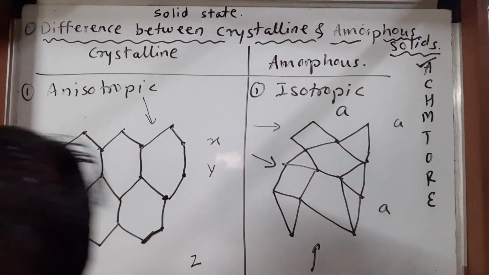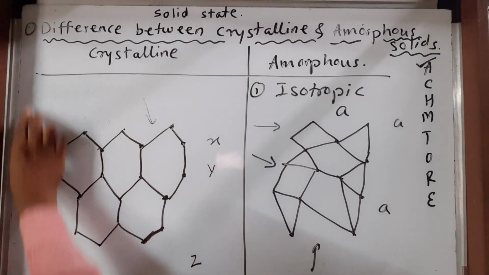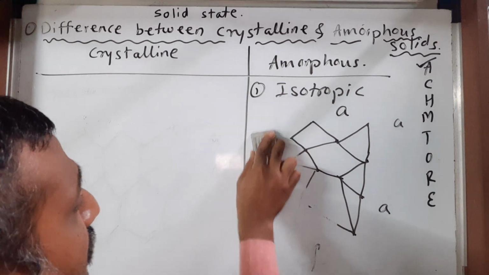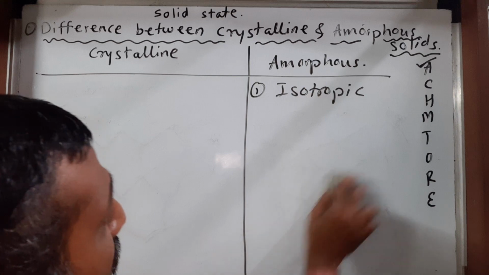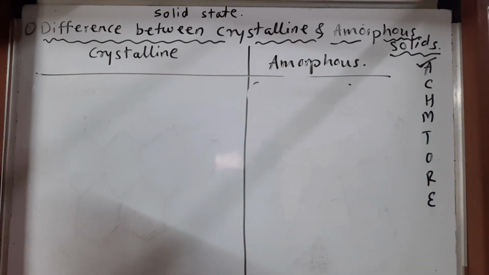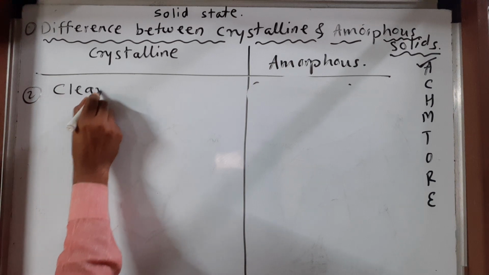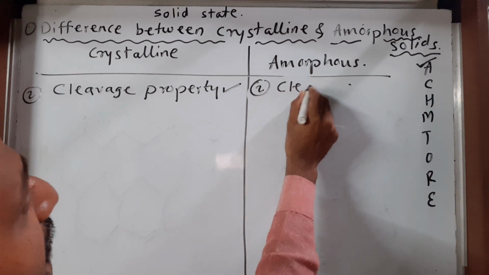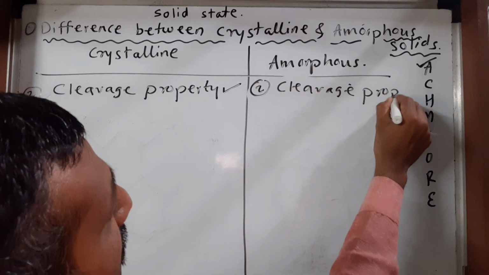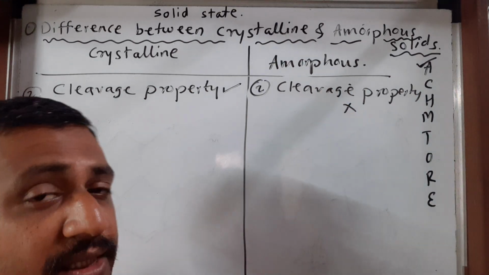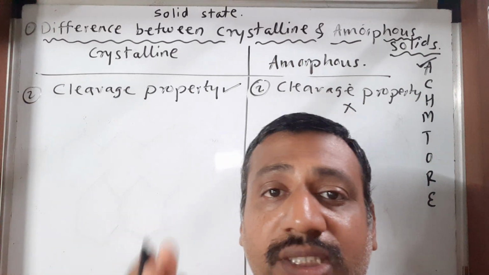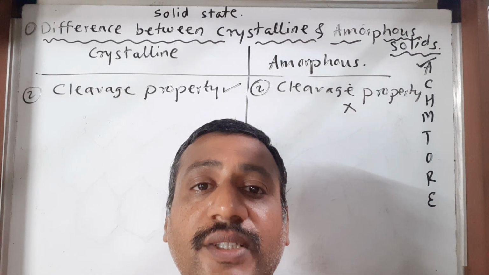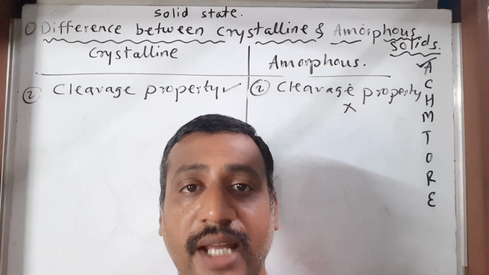Now the second one: crystalline solids show the cleavage property, and amorphous solids do not show the cleavage property. Now what is the meaning of cleavage property? Let's see. Here I will write cleavage property, okay, and they do not show the cleavage property. Cleavage property means when we cut the crystalline solid with a sharp-edged tool, we get smooth and plane surfaces. So the ability to form smooth plane surfaces when cut with a sharp-edged tool